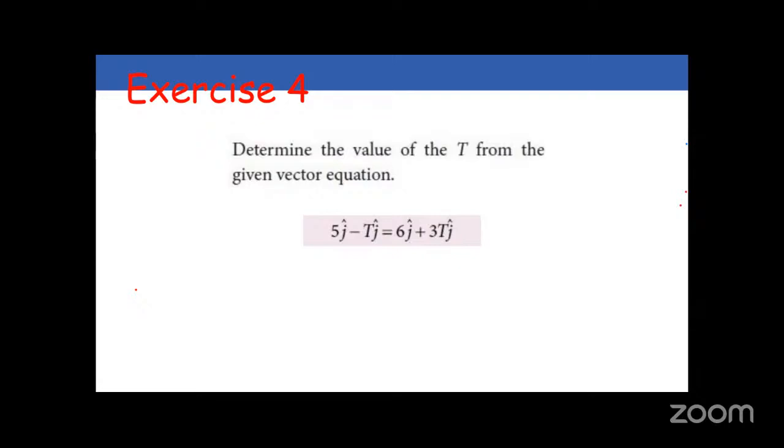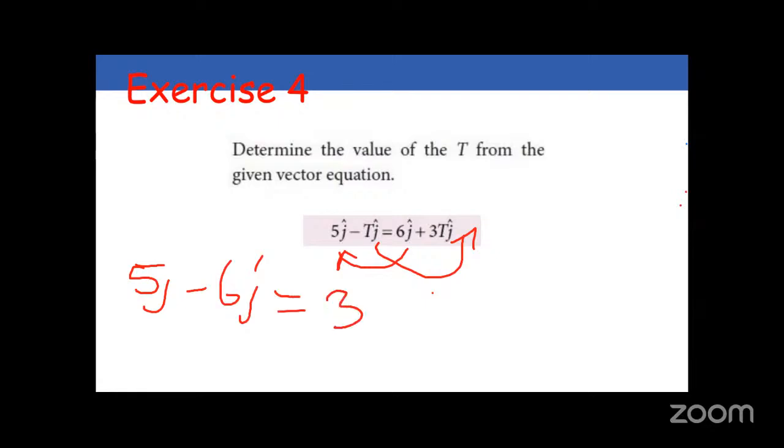We have 5j minus tj is equal to 6j plus 3tj. So I will move 6 here, move minus tj here. So if I do that, I will have 5j minus 6j is equal to 3tj